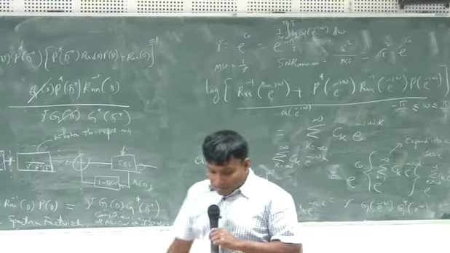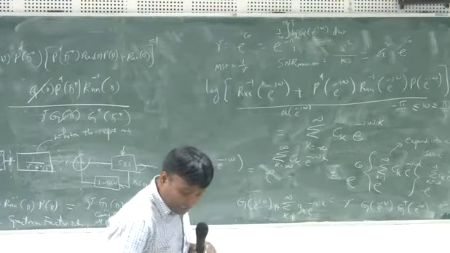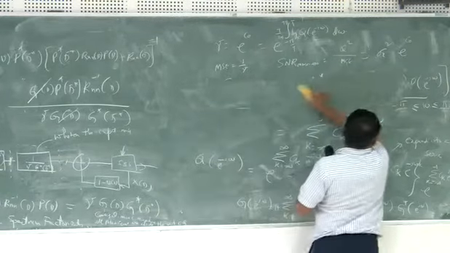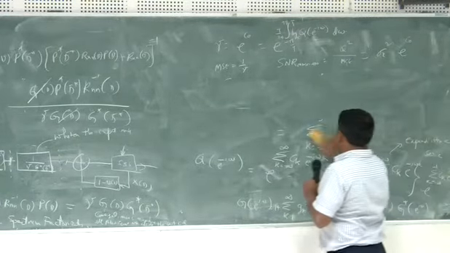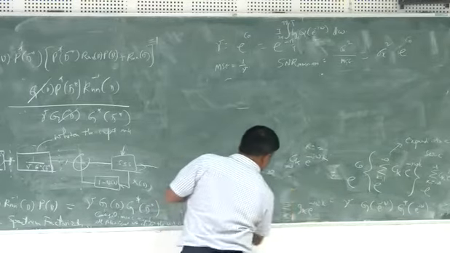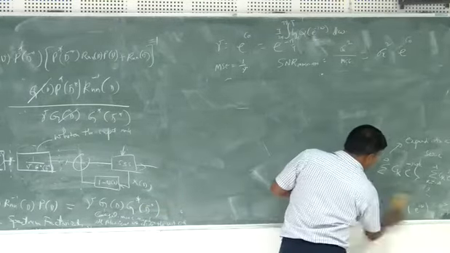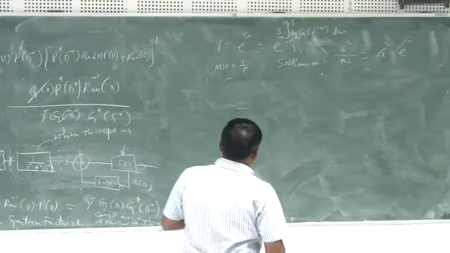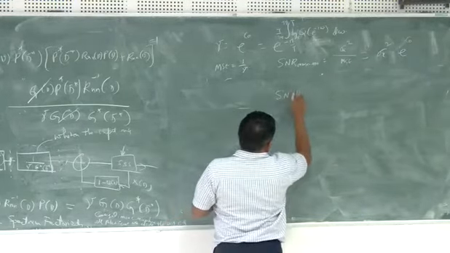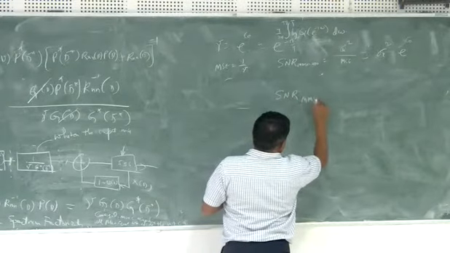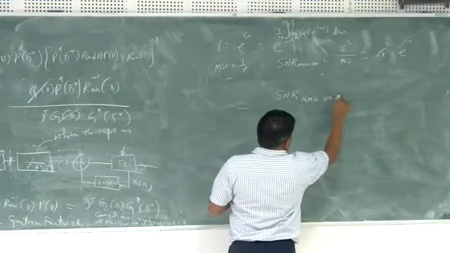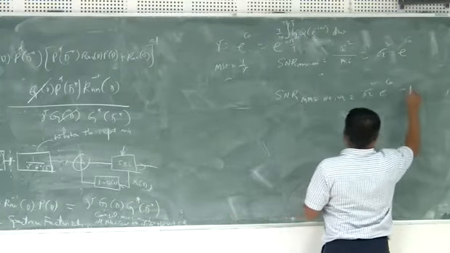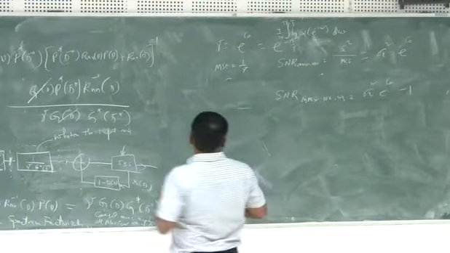Okay? And the SNR at the output of the MMSE DFE unbiased is equal to, what would it be? Well, as far as the bias is concerned, the same argument will work. The SNR decreases by a factor of 1. SNR at the output of the MMSE DFE unbiased is sigma x squared e raised to C naught minus 1. Okay.